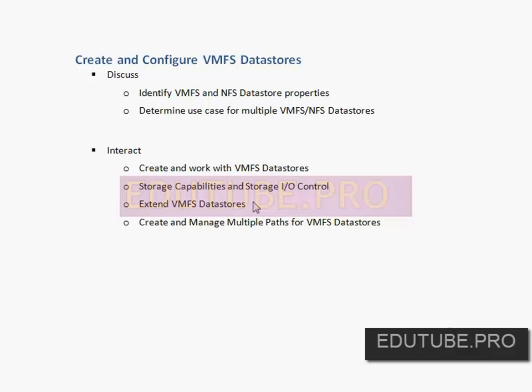And we also talked a little bit about some of the use cases for creating multiple VMFS and NFS data stores. We had the opportunity to work with some data stores, not only creating them, but managing them, and including some of the new capabilities like user-defined storage capabilities and storage I/O control. We extended that VMFS data store, and then we also